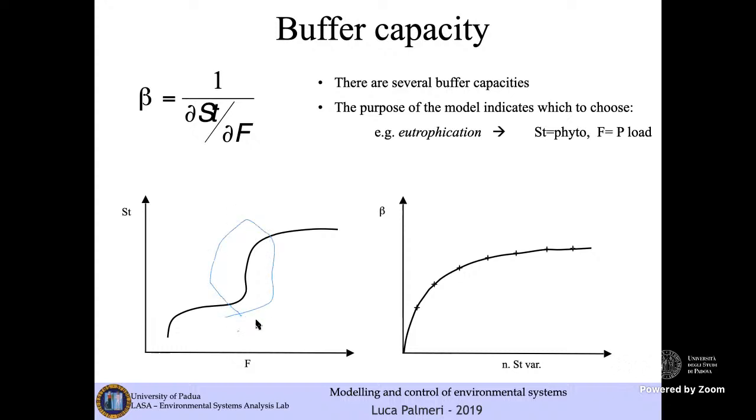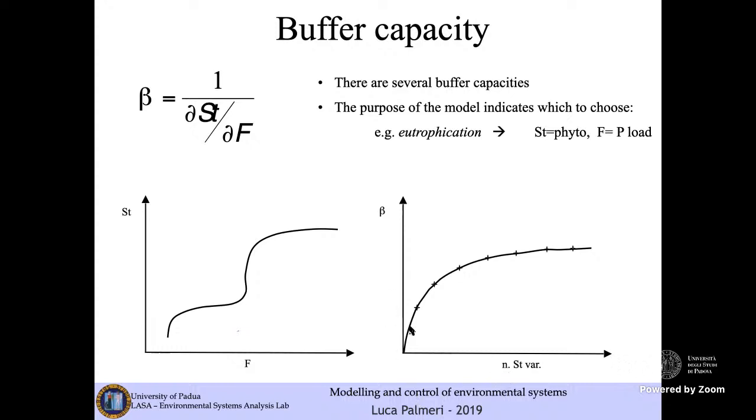So this is the point, the interval in which a small variation of the forcing function may generate a dramatic variation of the state variable. We have a similar type of analysis. For example, if we plot the buffer capacity as a function of the state variable, you may recognize that if you increase the number of state variables, you are increasing the complexity of a